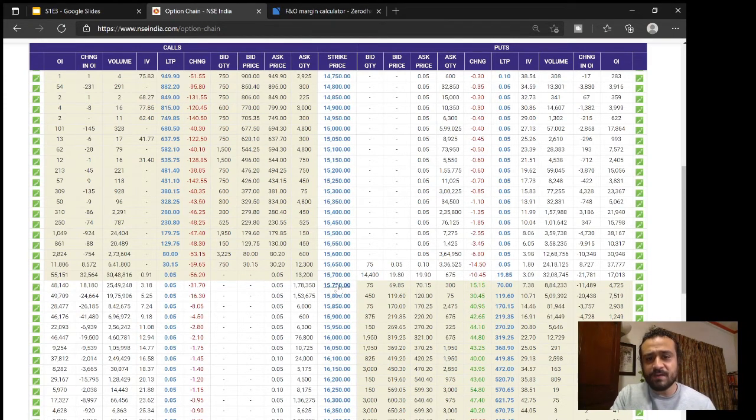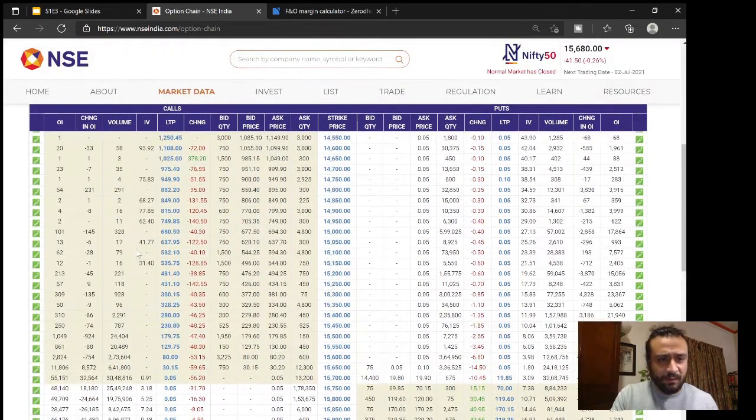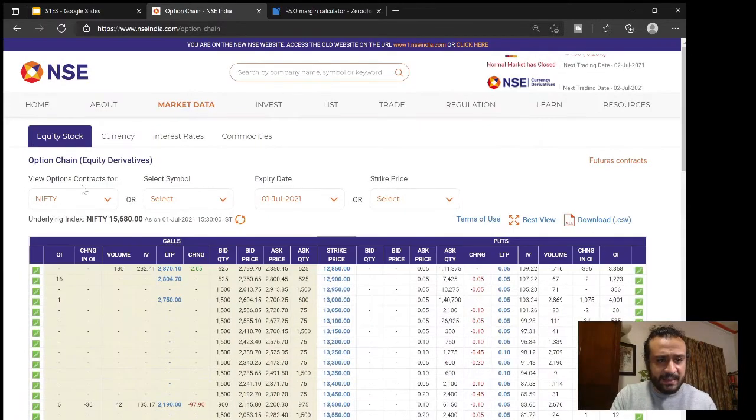Here you can observe that at 50-point increments there is a strike available for the Nifty. For example, you can buy a 15,700 option, 15,650, 15,600 or 15,750. There is no option for 15,725, right? These are the increments set by the exchange. Hope that is clear. So let us look at what the same thing is for something like, say, Bank Nifty.